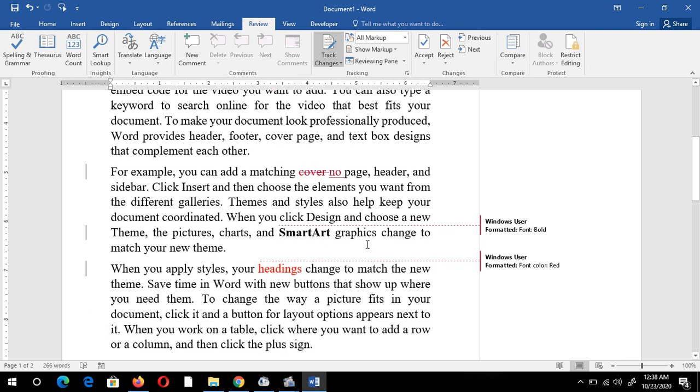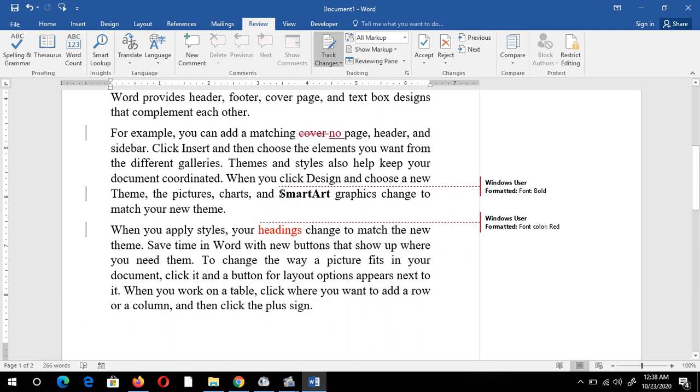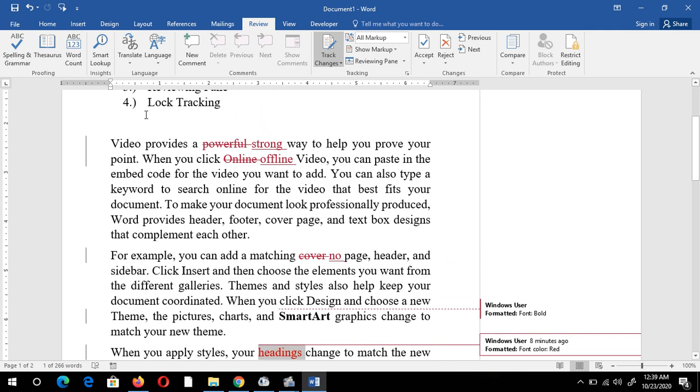And I have done some formatting. I changed this keyword to bold, and I changed the formatting on this keyword also. Now it is showing only the formatting part and the rest is in line.